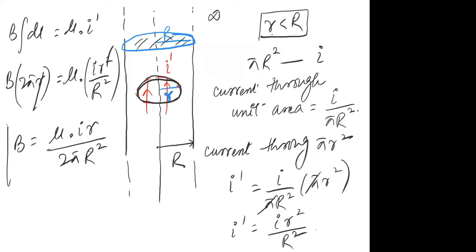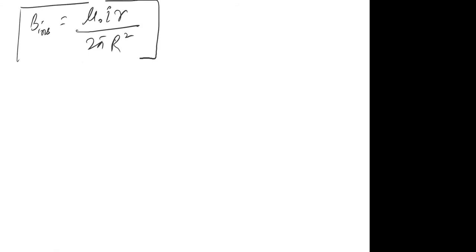Okay, Juan, try to understand the graph. See, the magnetic field inside, at a distance of small r, you just write this magnetic field as, what was the magnetic field that you just wrote? The magnetic field was mu naught I r divided by 2 pi R squared. Is it correct? So magnetic field inside is mu naught I into r divided by 2 pi R squared. This is the magnetic field inside the cylindrical wire.